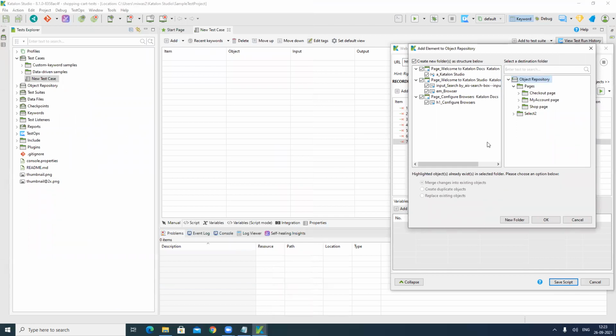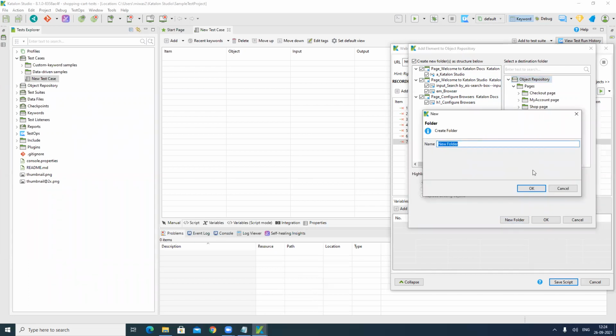Once you click on save script, it will give you the elements to the object repository. So these are the objects that it has captured for your automation script, and it is automatically creating a folder page wise for you. So those are the web elements coming under this web page. Or if you want to give a different name for the folder of your objects, you can always go and create a new folder and add those objects in that folder as per your preferred name.